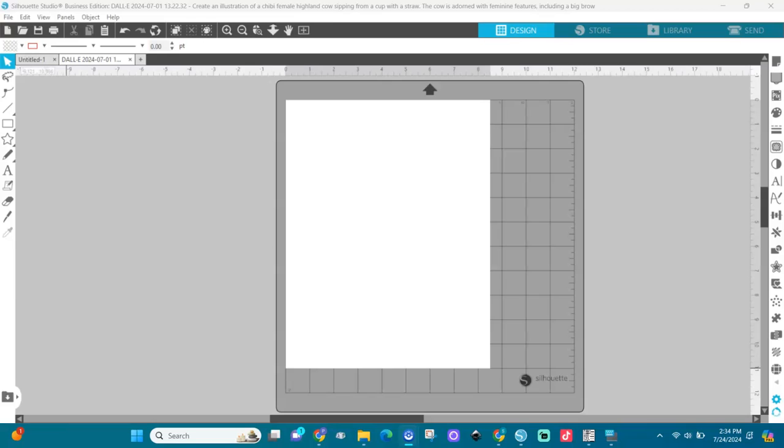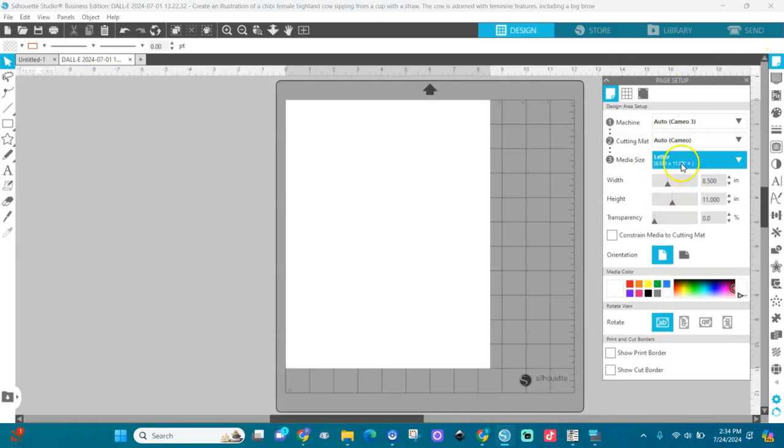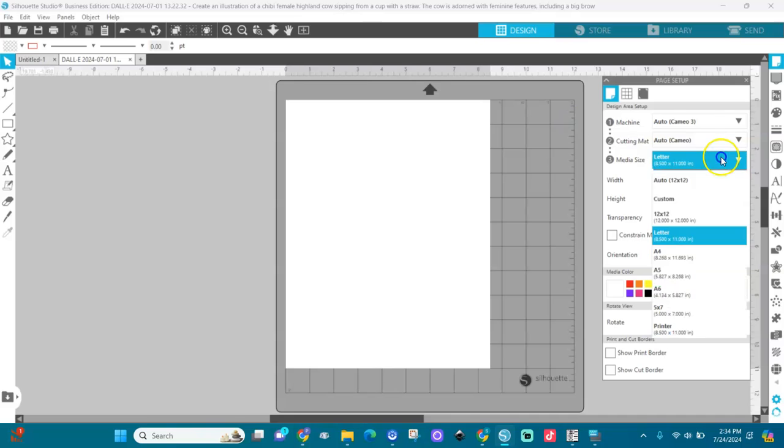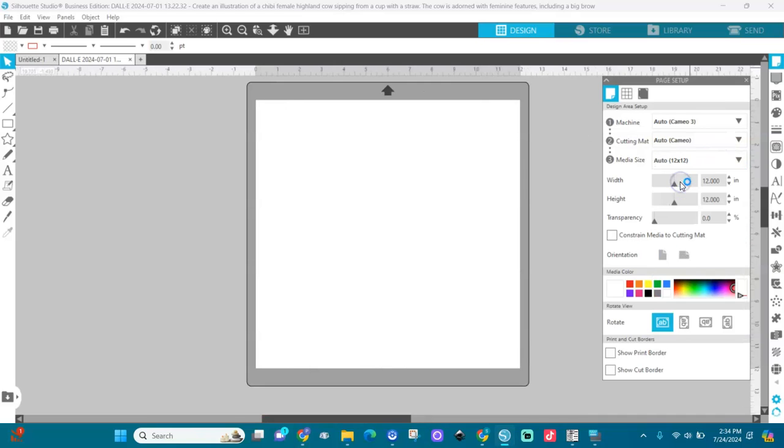In this video, I'm going to show you how to use Silhouette Studio to create simple digital papers right in here. The first thing we're going to do is change my page setup right here. I'll change it to Auto Cameo, like 12 by 12. I'm working in Silhouette Studio Business Edition, and I will be able to save my designs into